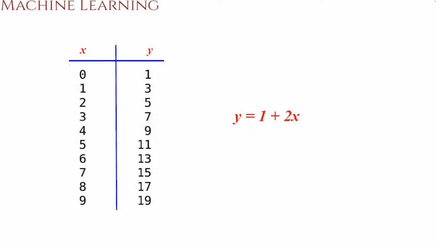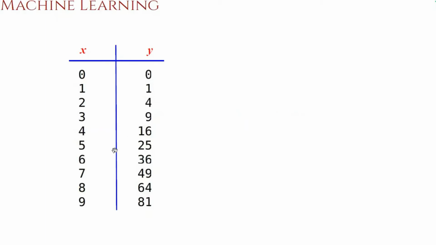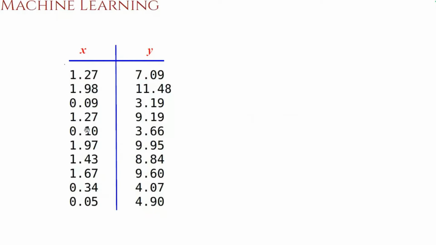So given a data, you want to represent it using an equation, or find a relationship between them. Since these were simple, you could quickly come up with this equation. But in such scenarios, it is not always possible. In real life scenarios, with the kind of data that you get, it is very difficult to intuitively find a pattern and come up with an equation or a relationship between x and y. So we need some well-established technique to find a relationship between x and y.